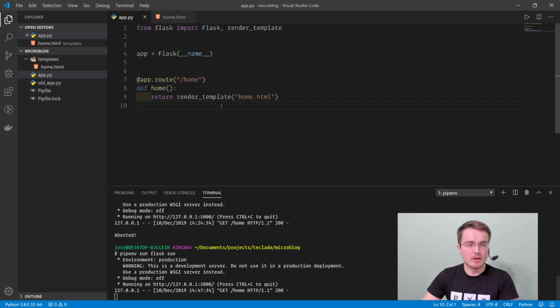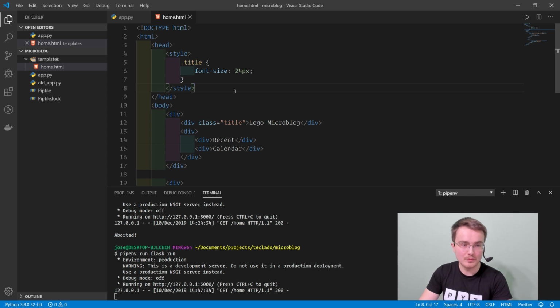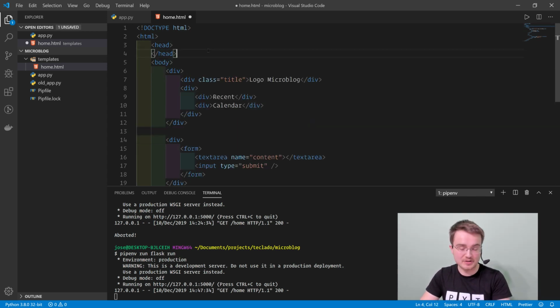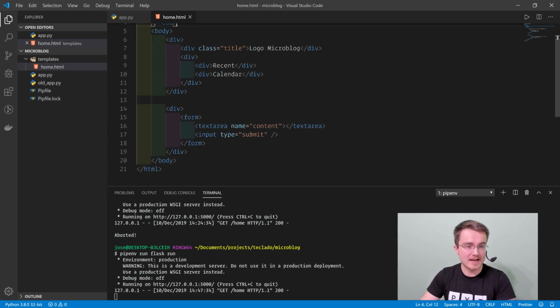So, okay, now we're able to serve our users with some HTML content. The next step is going to be, well, I'm going to get rid of this CSS there for now, since we don't actually need it for anything just yet. The next step is going to be to hook up our form that looks pretty terrible at the moment, but we're going to be styling it later on. We're going to hook it up with our Python code, so that when the user presses the submit button,